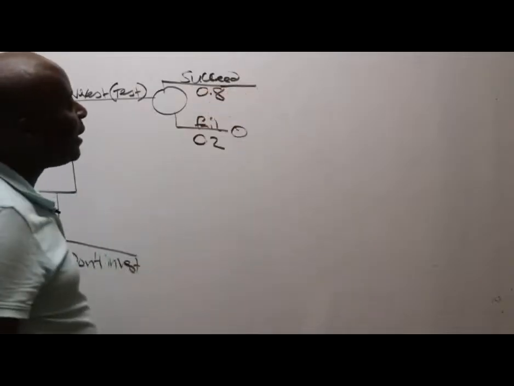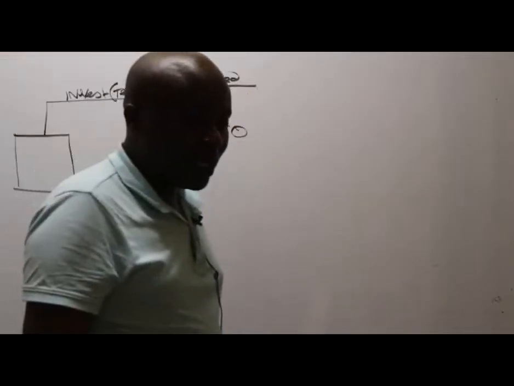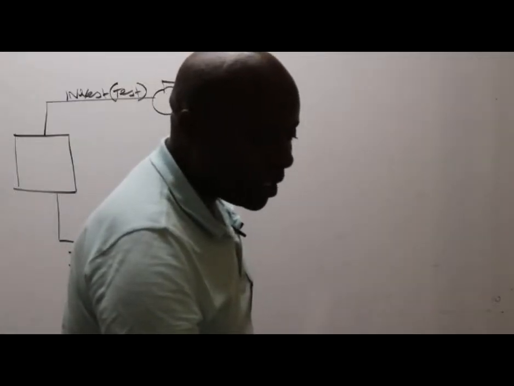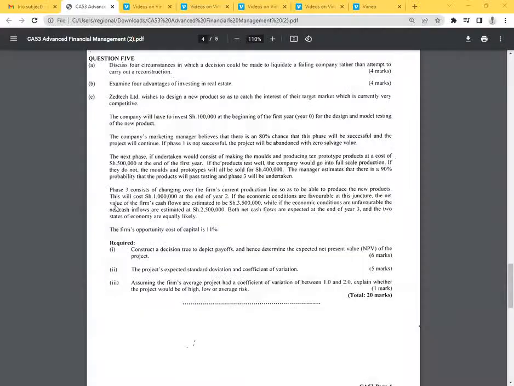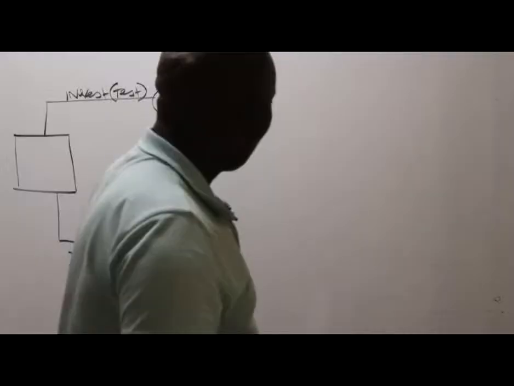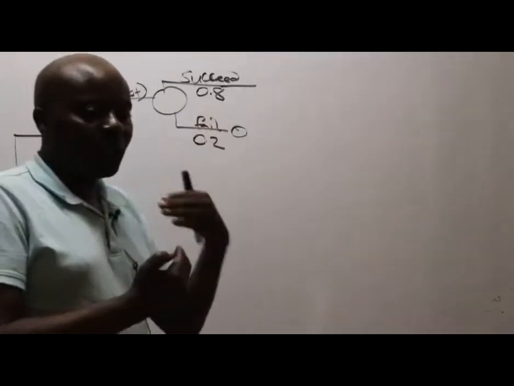Now, if we succeed, what have they told us? Look at this. They've told us the next phase, if undertaken now, would consist of making the molds and producing 10 prototype products at a cost of 500,000 at the end of the first year. If the products test well, the company would go into full-scale production. Listen, ladies and gentlemen, they've told us that if we succeed in this, then straight away we shall make